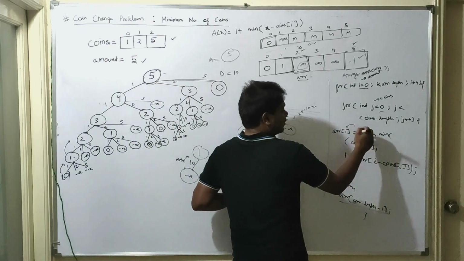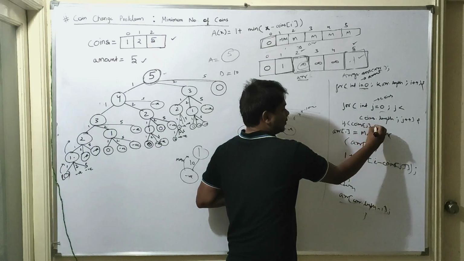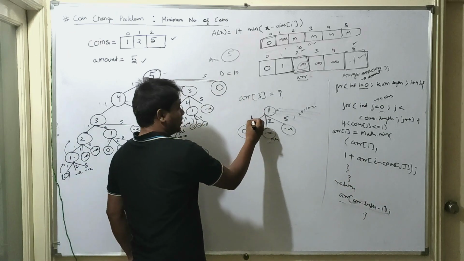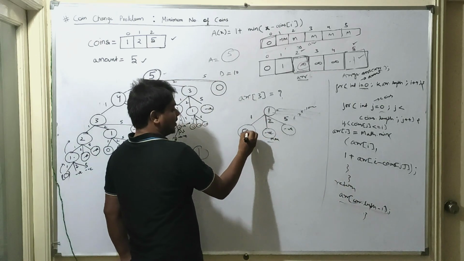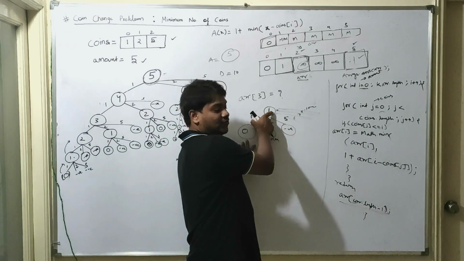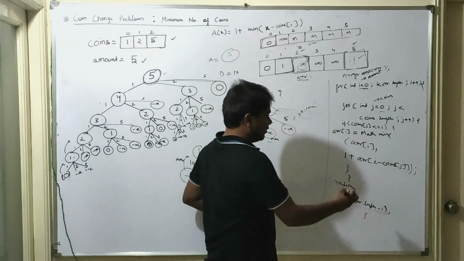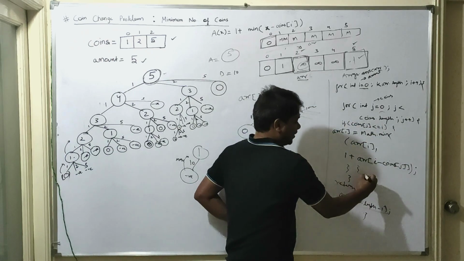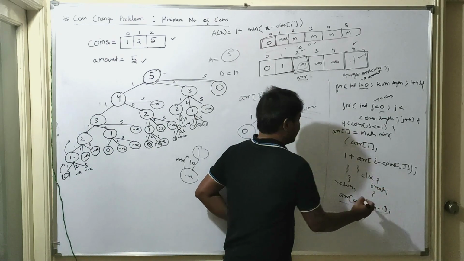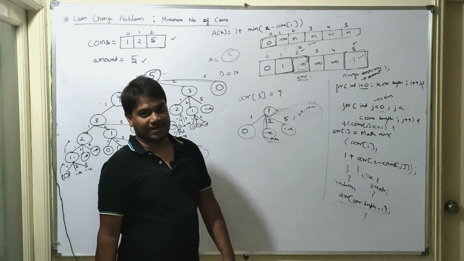So what we can do is, if coins j is less than or equal to I. Why are we taking equal to? Because we want to consider this particular scenario where we are getting 0 rupees. Both the amount and denomination are equal, so we need to consider that. Then only calculate the minimum value, else break. So we will not be going for these further sub problems in that case.